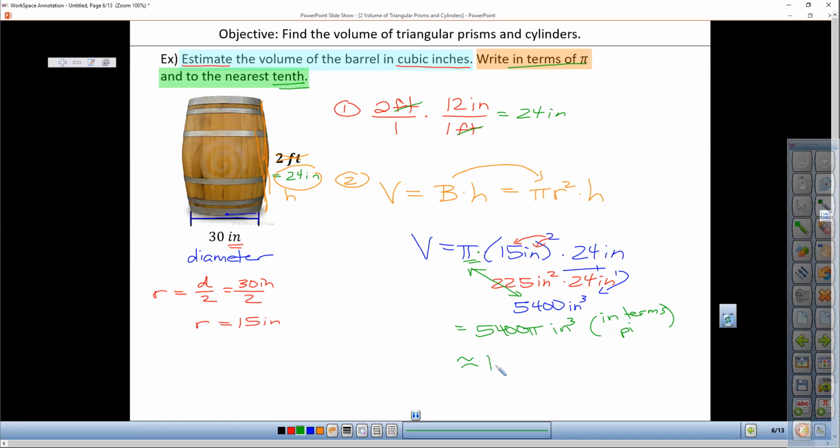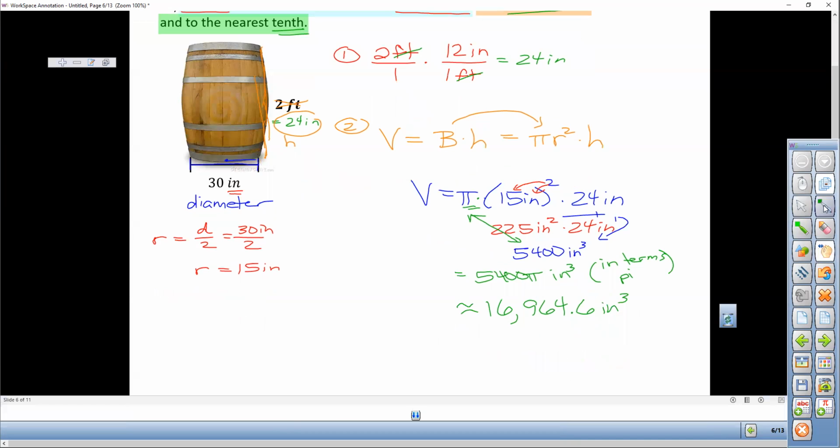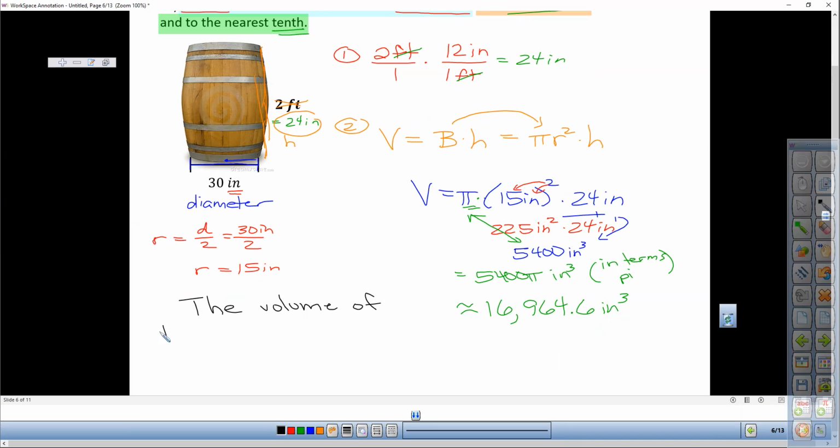16,964.6, and our units, of course, are still cubic inches. So now I am going to write my conclusion. So the volume of the barrel is estimated to be about